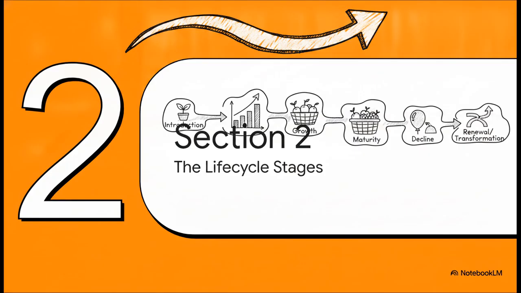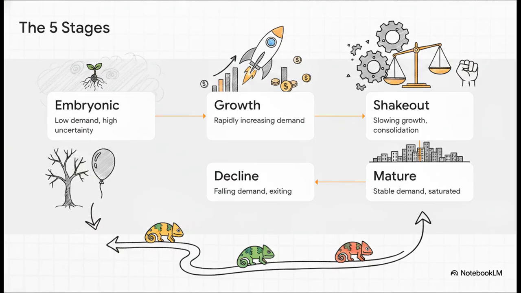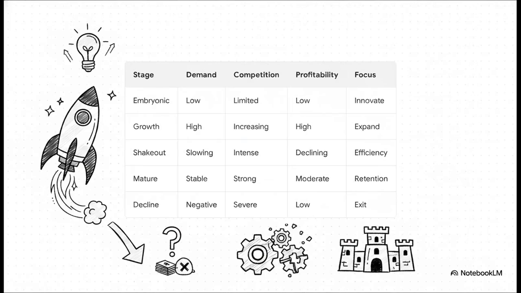That takes us perfectly into Section 2, where we'll unpack our core framework, the 5 life cycle stages. The first thing to remember is that industries are highly dynamic. They are not static, and they generally pass through these 5 distinct stages: embryonic, growth, shakeout, mature, and decline. At every single step along this progression, the strategic environment completely transforms. Customer demand shifts, competitive intensity evolves, and profitability wildly fluctuates. You absolutely cannot use a one-size-fits-all strategy across this timeline. It just doesn't work. So let's look at how this shifting landscape alters your playbook.